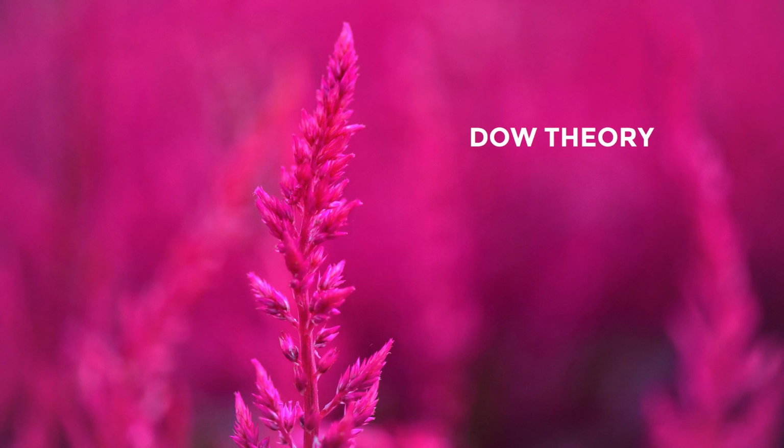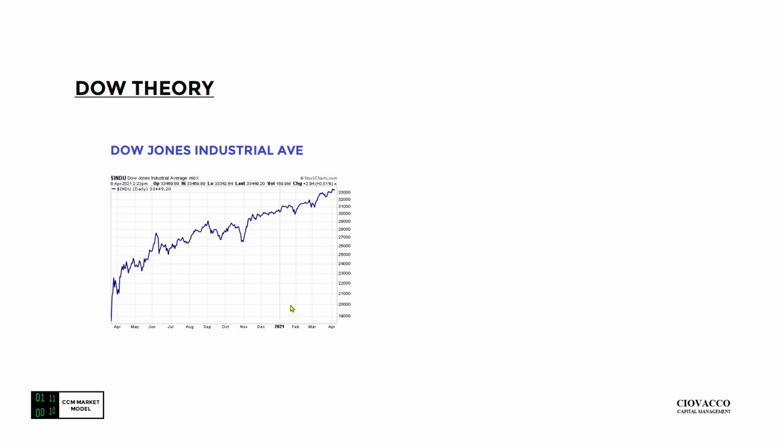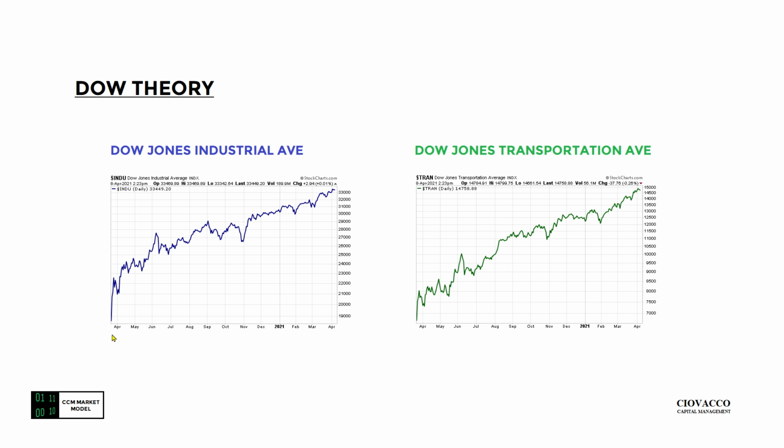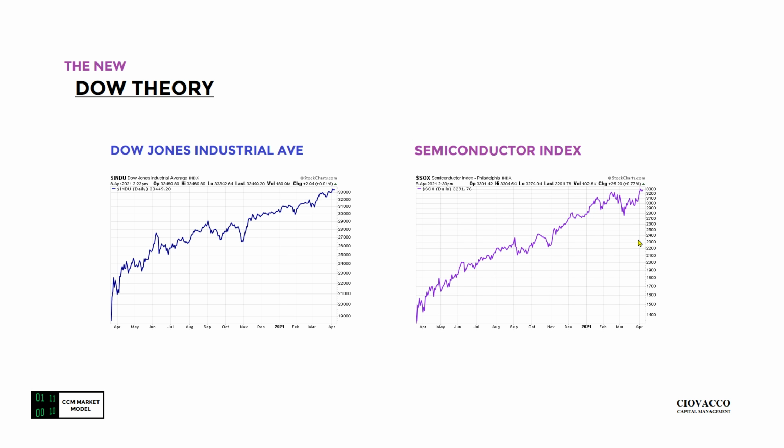Now let's shift gears to Dow Theory and see what we can learn. So chart of the Dow Jones Industrial Average dated April 8th. Recently printed a new high for the rally off of the March 23rd, 2020 low. And the same thing can be said from a quote-unquote confirmation perspective in the Dow Jones Transportation Average. Some argue that Dow Theory is outdated and they prefer to look at the semiconductor index, which also recently made a new high for the rally relative to the March 23rd low here.